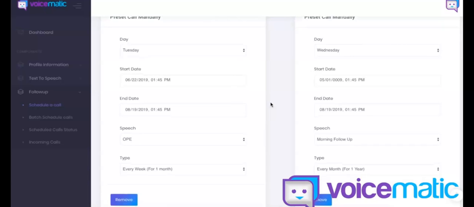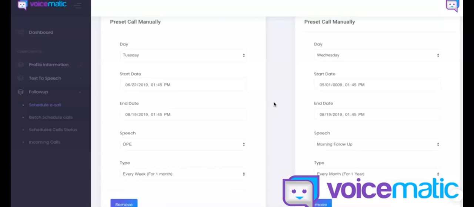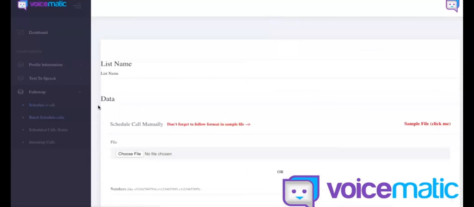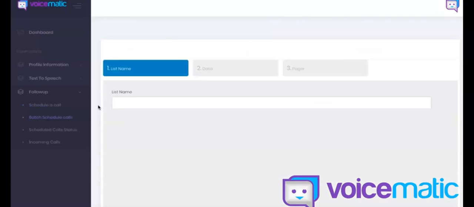There's a lot of cool things that you can do here. Okay, so now that that's clear, I'm going to go on to the next, batch schedule calls. Okay, so thinking more about flexibility and giving users the ability to do more than just schedule for incoming